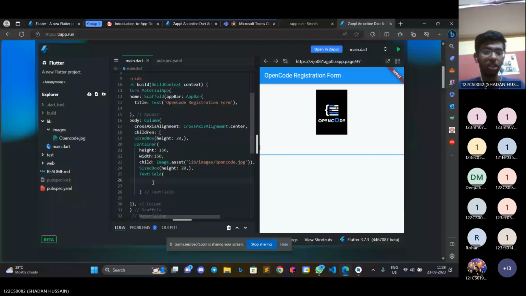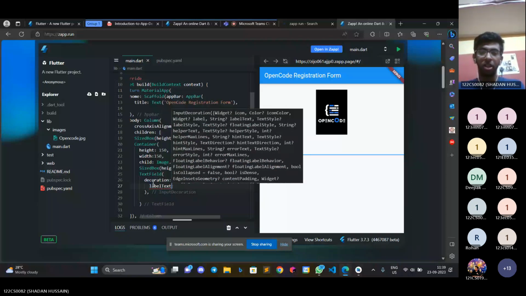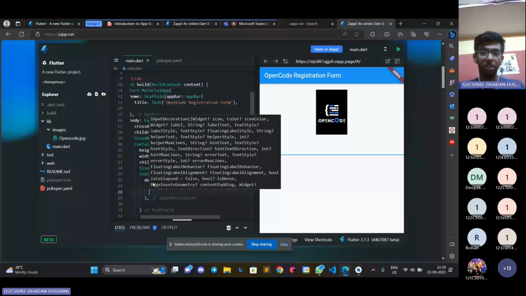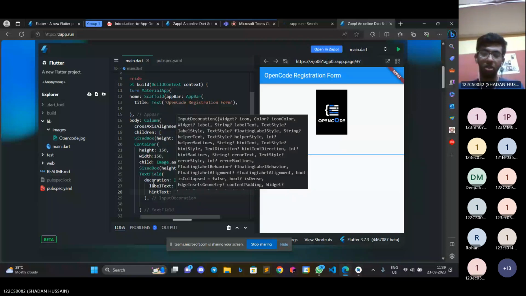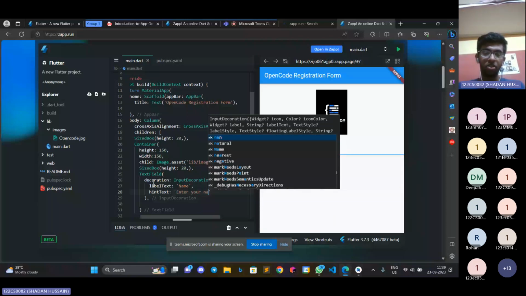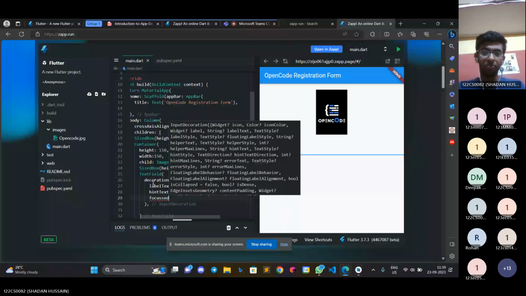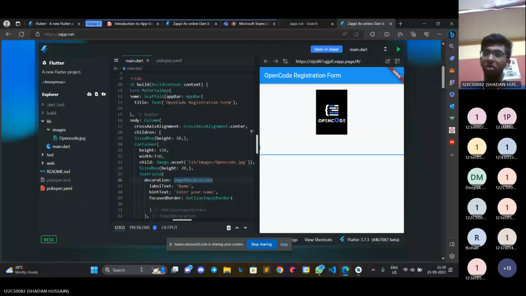अब इसको स्टाइलिंग करते हैं। स्टाइलिंग कैसे करेंगे, टेक्स्ट फील्ड का डेकोरेशन के थ्रू। डेकोरेशन में इनपुट डेकोरेशन करना है हम लोग को, वो लिख देंगे। फिर लेबल टेक्स्ट, पहले नेम चाहिए, नेम कर दिया। फिर क्या चाहिए, हिंट टेक्स्ट। हिंट में आ जाएगा एंटर योर नेम। फिर फोकस बॉर्डर कर सकते हैं हम लोग। बेसिकली डेकोरेशन समझ रहे हो ना, स्टाइलिंग कर रहे हैं इसमें।